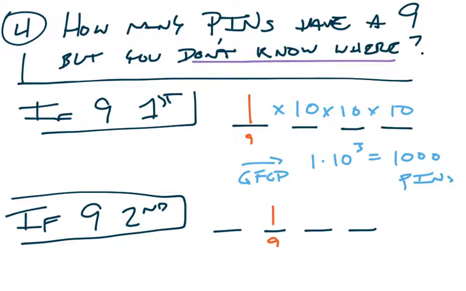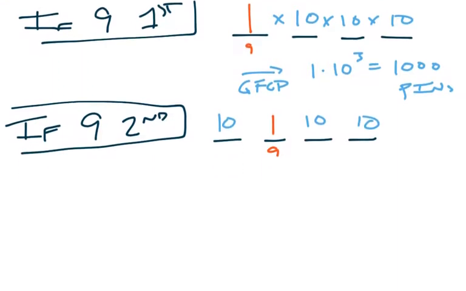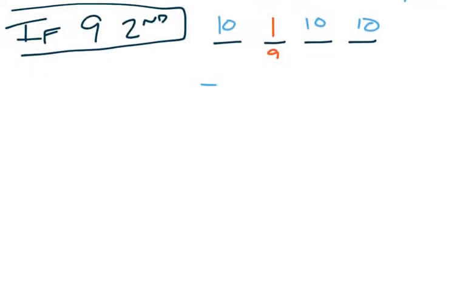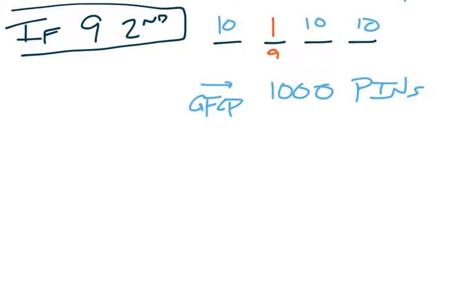That leaves you with one option for what the second position can be. It has to be a 9. And 10 options everywhere else. So again, generalized fundamental counting principle tells you that you will have 1,000 pins that have the 9